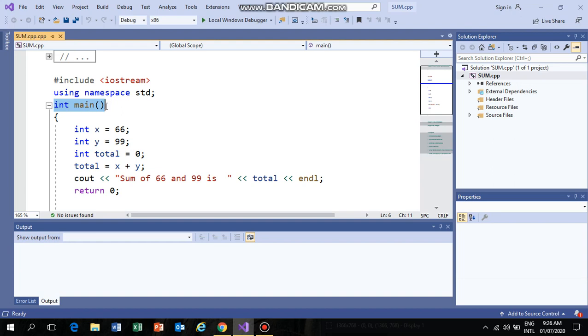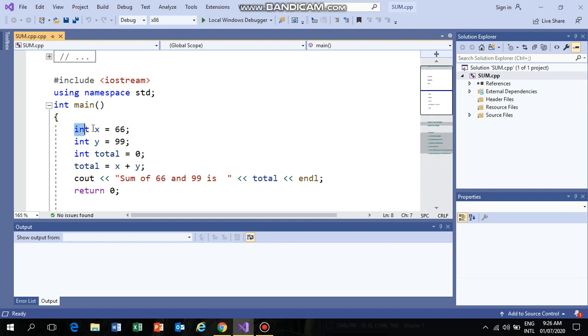The main function is the function from where the program will start to execute. The next line is the open curly brace. After that you have to write the body of this program, or the remaining content of this program, so we use the open brace here.